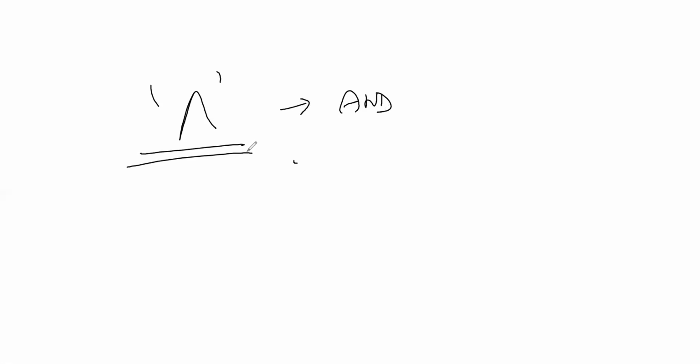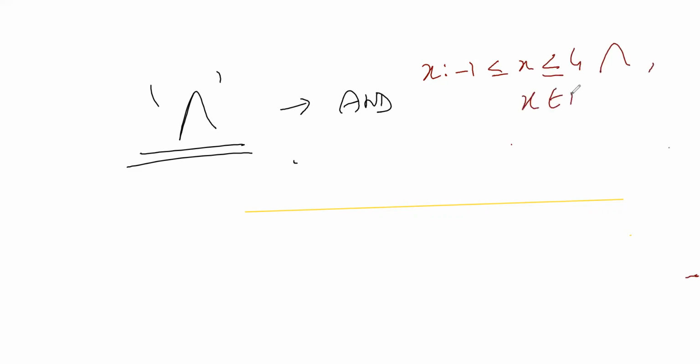So one of the examples I'll show you. I'll just take an easy thing, which is most common and we can do anything in that. The question I'll write is: -1 less than or equal to x less than or equal to 4. This symbol, the and symbol. And x belongs to N, natural number. Very easy question.